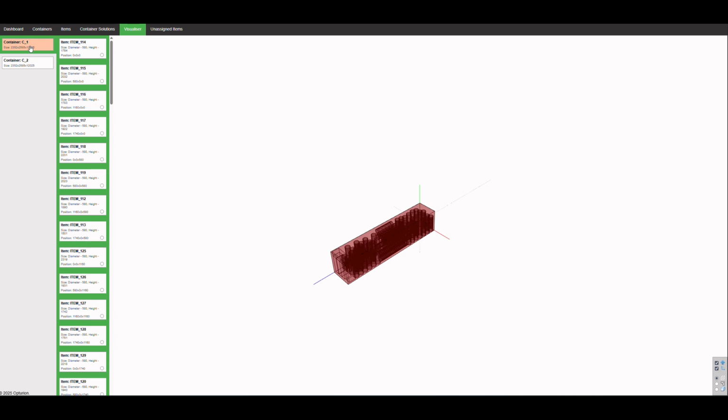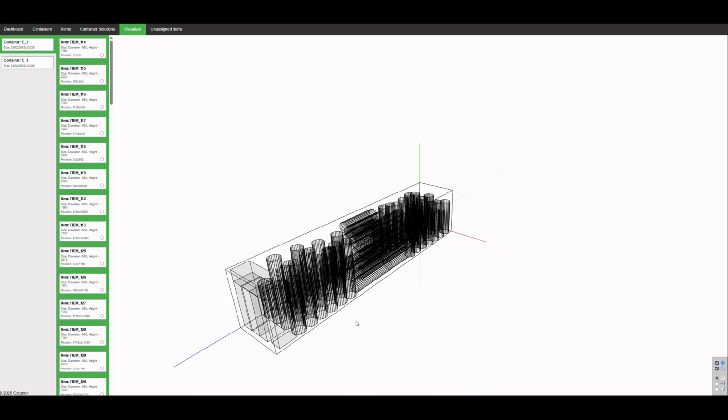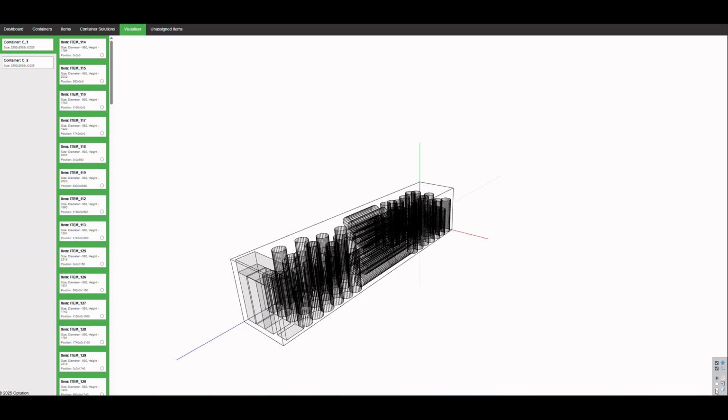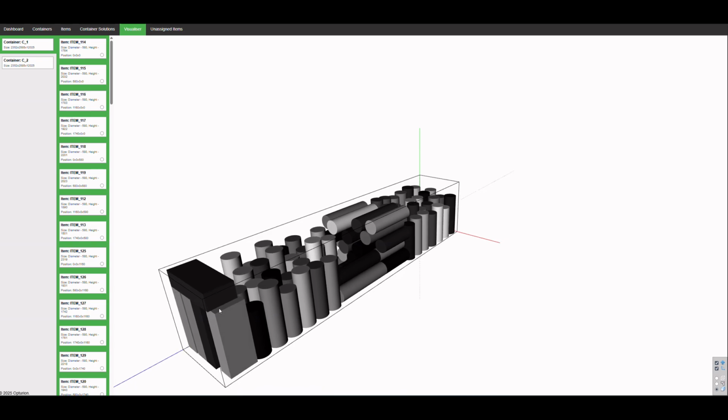For each container present in the scenario, you can see listed down the side, so container 1 and container 2, as well as each item packed within that container. This representation here is what's called the mesh representation, and it shows each item as a mesh screen. I'll change to the solids representation down here, and we can see how these items have been packed. So here we have some cuboids, some vertical cylinders, as well as some cylinders packed in more of a horizontal